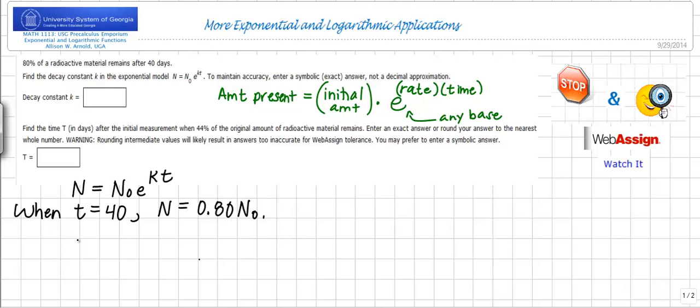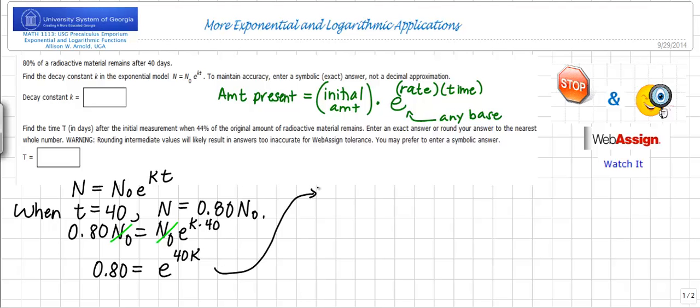If you use this fact, sub in here for N and for t, you can notice something that's consistent with these types of equations in exponential growth and decay: the initial amount cancels. We're left with the equation 80%, or 0.8, is e to the power 40k,